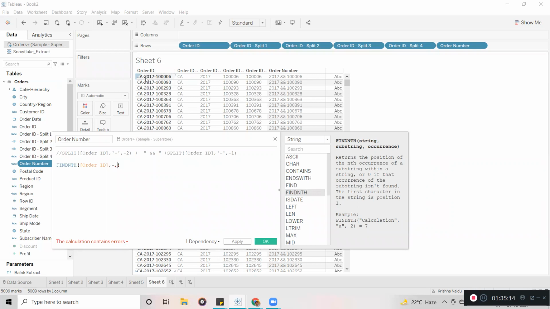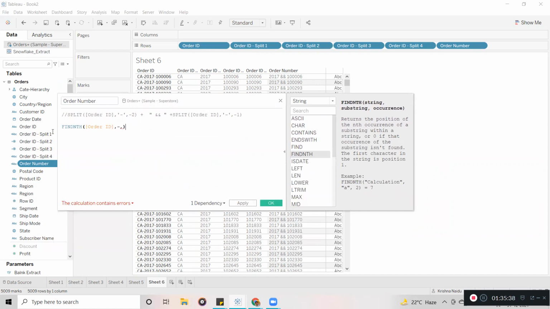And zero, for example, if you want to find the substring after zero, now you can say zero is the first occurrence, and this is a second occurrence. This zero is a third occurrence, fourth occurrence, fifth occurrence. Now it is asking from which occurrence I want to extract the data. Oh, sorry, it is going to give you the length. Sorry, guys. It gives the length of the string. So somewhere we have that one, guys.